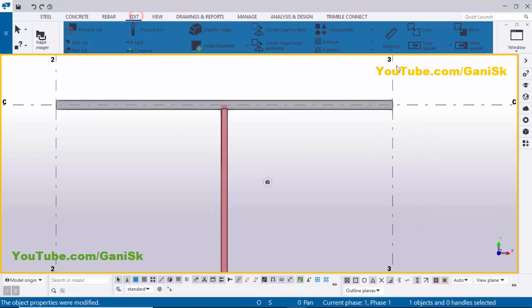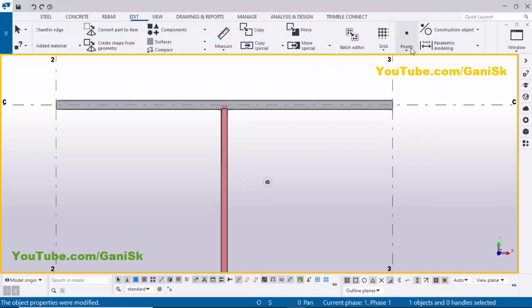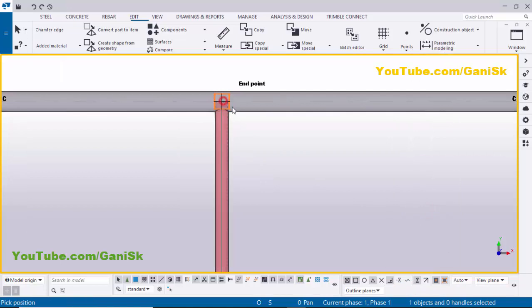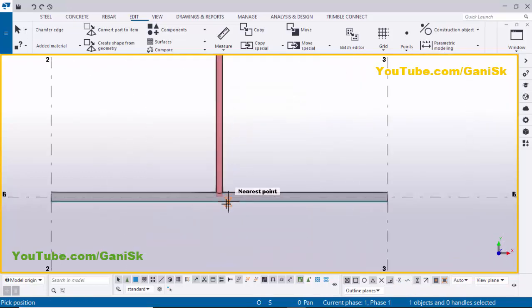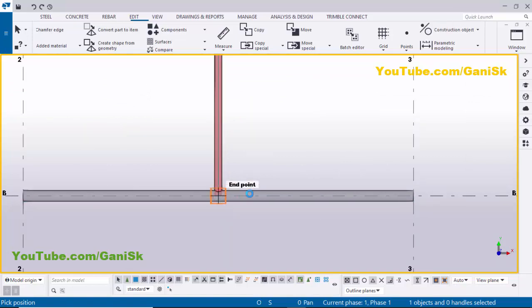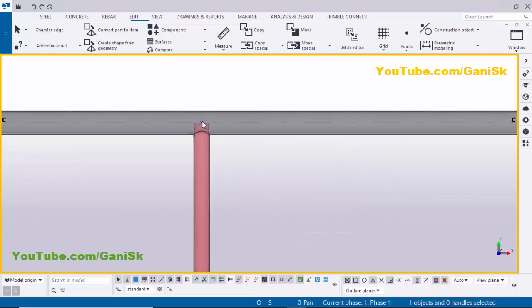So click on edit and select this, scroll it down and select this pipe and let's take at any position and zoom it here. Pick first point here and pick one more point at this location. Right click mouse interrupt. Now I'm going to copy this point 5 inch right side and left side.